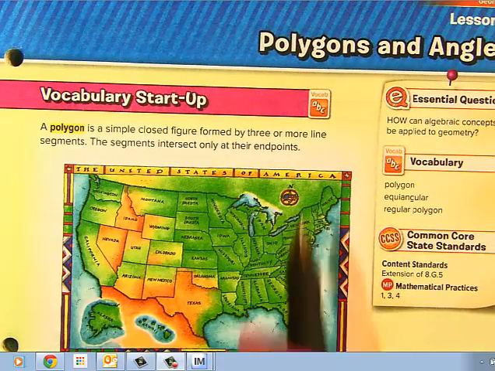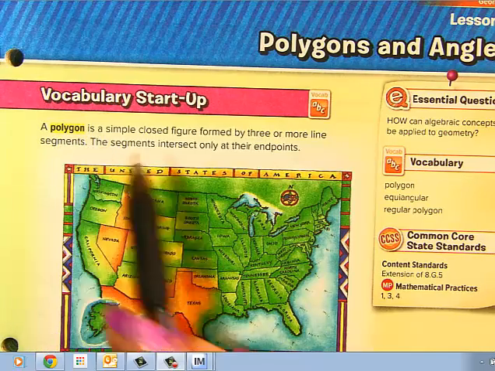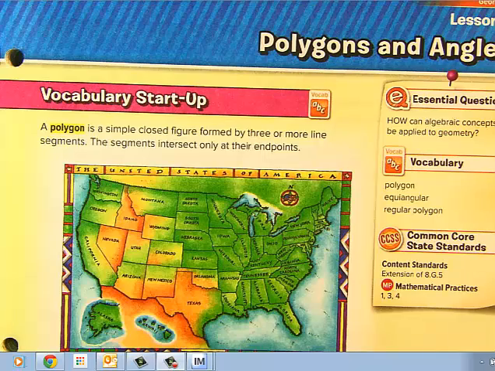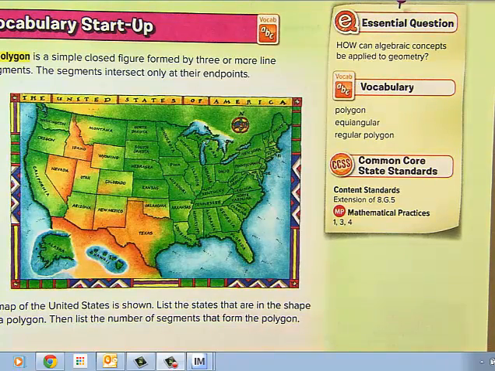A polygon, hopefully you know, just means that it's a closed figure of 3 or more lines that cannot intersect and doesn't have any curves in it. So knowing that a polygon cannot cross itself, doesn't have any curves, and is a closed figure,